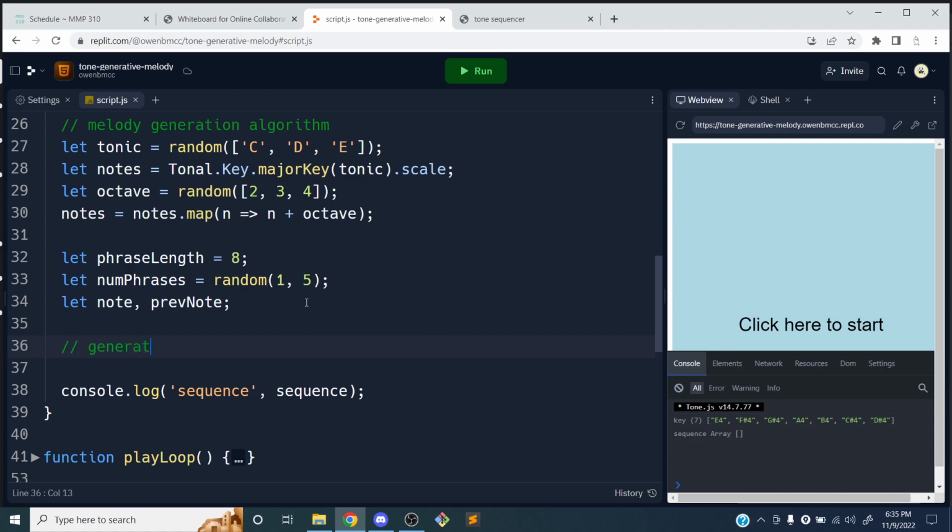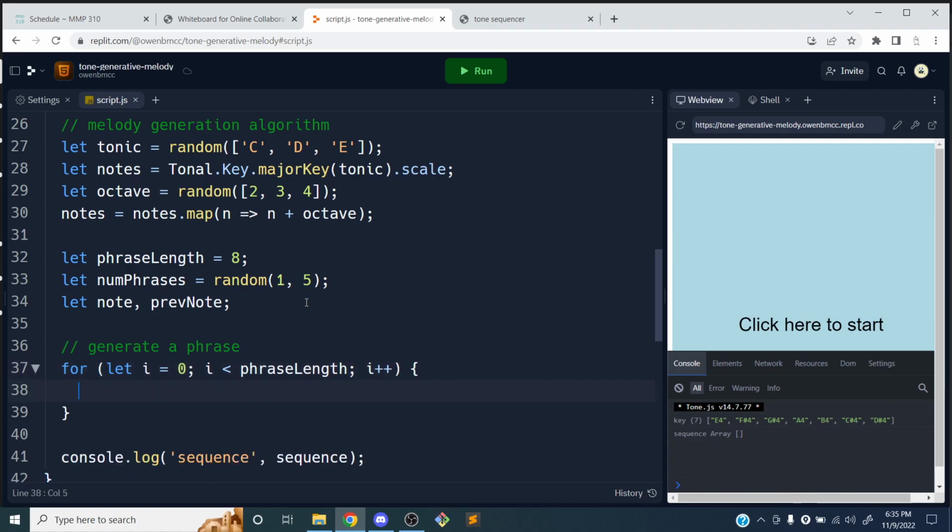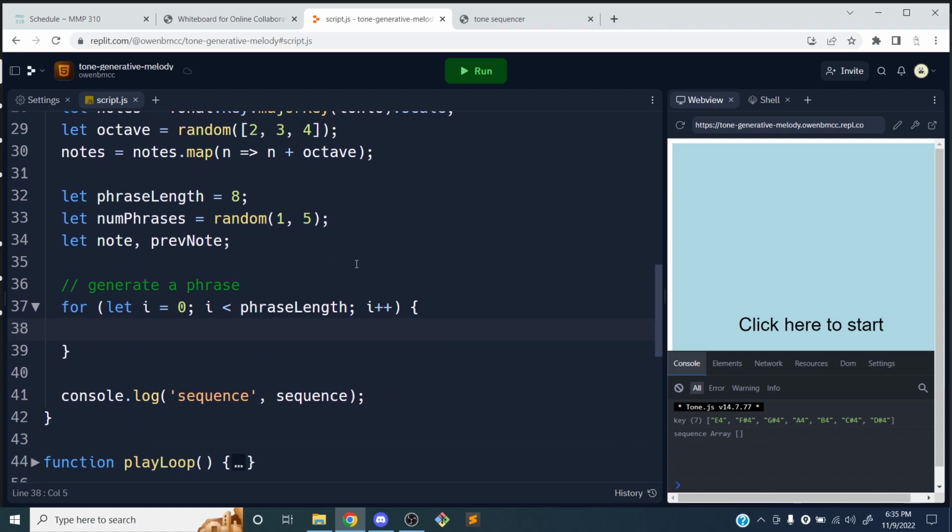Okay, so now I'm going to generate a phrase. And so I'm going to use a for loop to do this. I'm going to say for, let i equals 0 and i is less than phrase length and i plus plus. And so as I'm generating the phrase, this is where